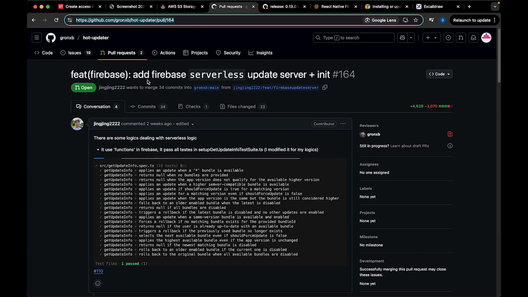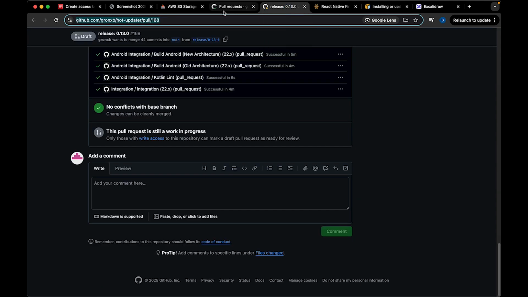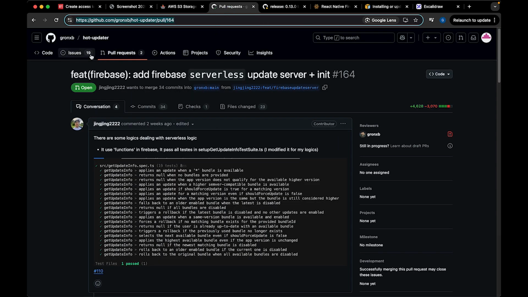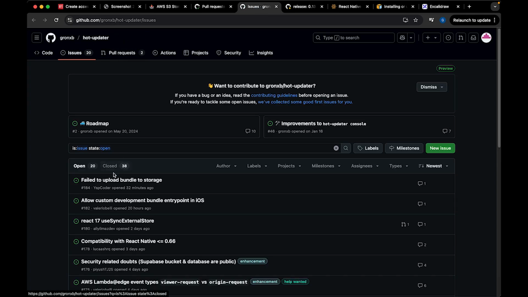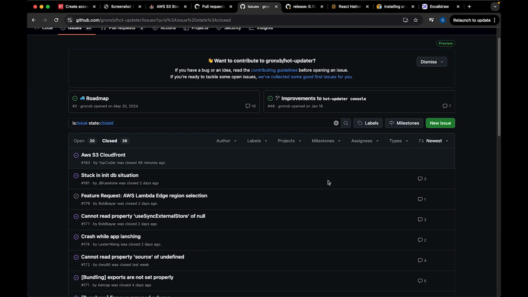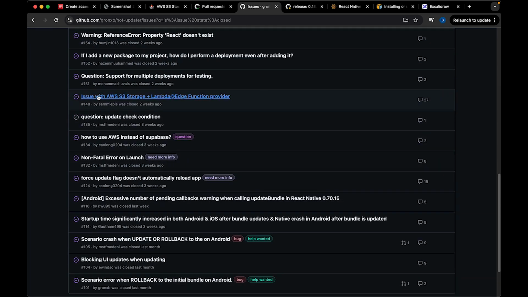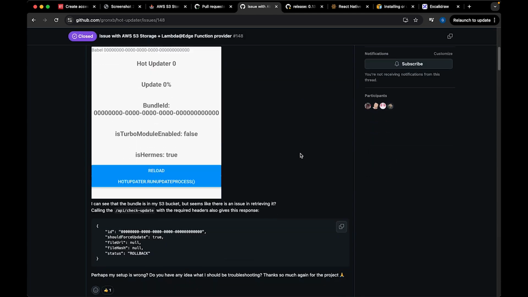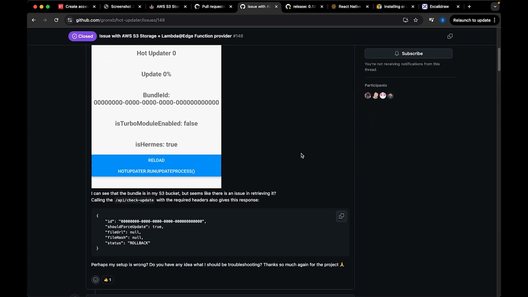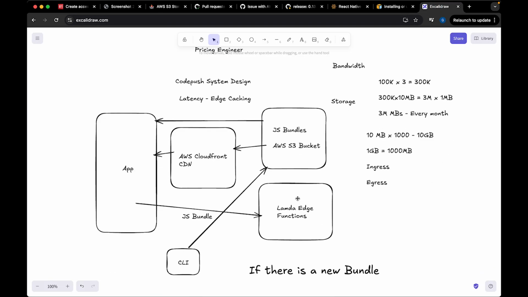Okay, so here what happened was actually not this. Actually, I think that got missed. Okay, so I'm going to go to issues. This is the particular library's GitHub issue, so always monitor what is happening here. I'm going to go to closed, and then 27, right? This one, I'm going to go here. So what happened here was they said that if the AWS edge functions, which is nothing but this, and